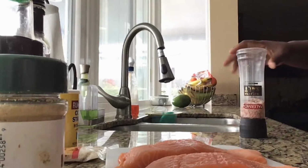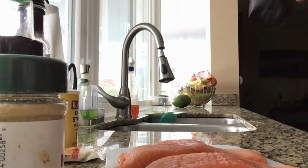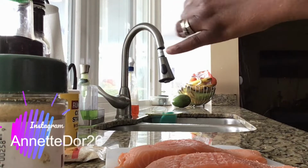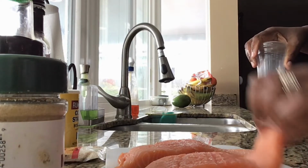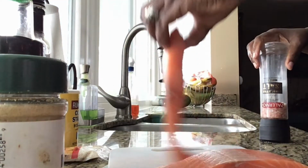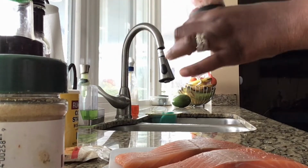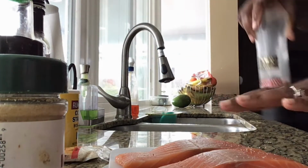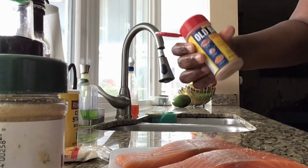Right, guys, let's just season our fish right quick. What I will add is some salt to my fish. Just some salt on the top. And whatever I do to the front, I'll do to the back as well. Okay. And while we have that turned, next thing I'll do is put just a little bit of our Old